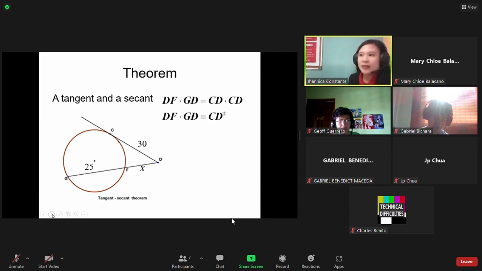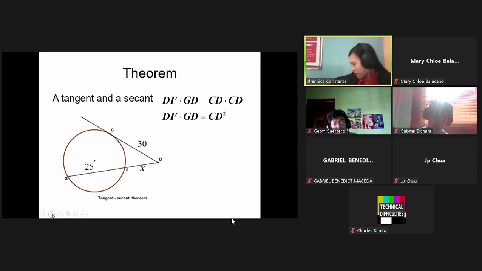For example, the measurement of our tangent is equal to 30 and chord GF is equal to 25 and secant FT is equal to X. So we need to find what will be the measurement or the length of the segment FT. Given that the tangent is equal to 30 and a chord which is equal to 25. So we're going to solve the segment FT, the length of this segment. So given the theorem, GF